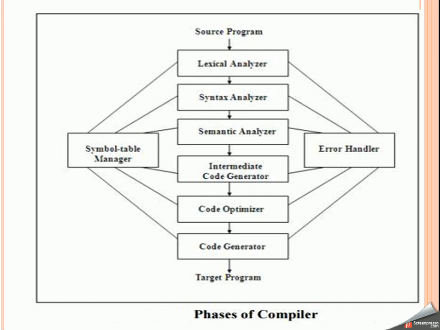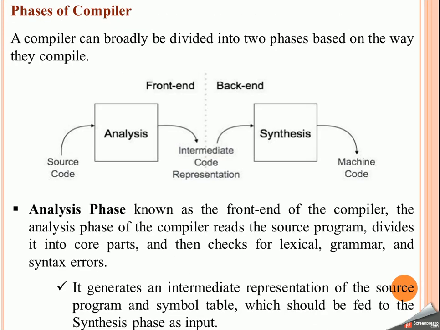The symbol table manager, on the other hand, is associated with all the phases or passes of the compiler. The symbol table is nothing but a data structure that comprises the symbols that the compiler encounters when it takes into consideration the source code. Apart from the symbols, the different attributes, its data type, and the scope of the individual symbol are also managed by the symbol table manager.